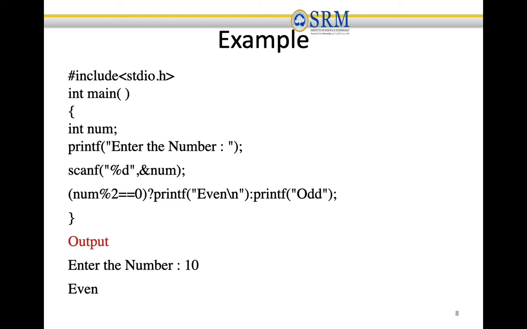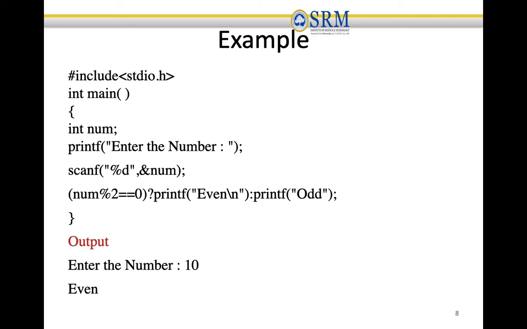Next we are going to check whether the given number is odd or even. First we'll see the condition for checking odd or even: if we divide a number by 2 and the remainder is equal to 0, then it is an even number, else it is an odd number. So here we are using the modulo operation. In this program we declare num as an integer and get input from the user.